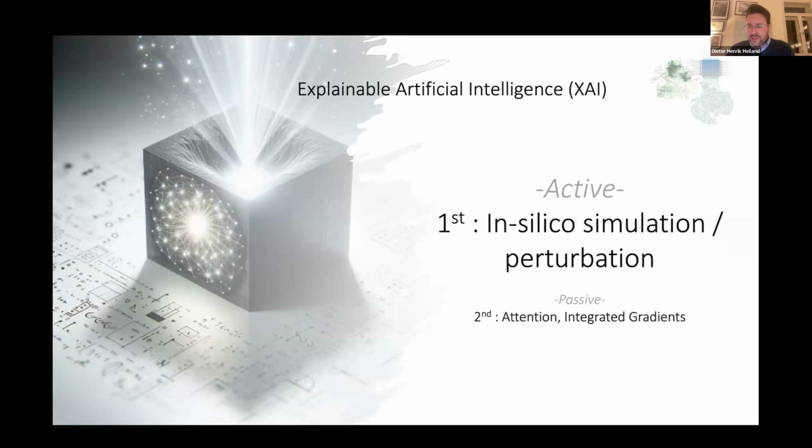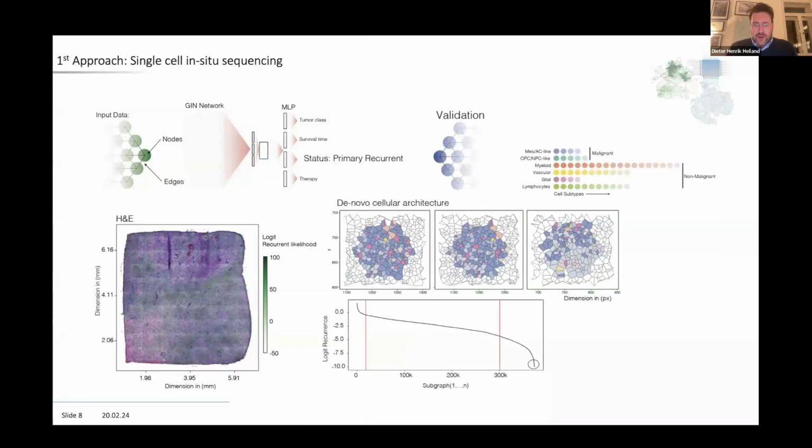Because of the sake of time, I would just go into the first approach, in which we specifically look into in silico simulation and perturbations of these cells. Just to give a brief overview, we trained our network, and then basically we can take a whole sample